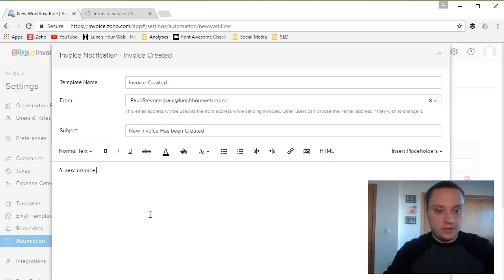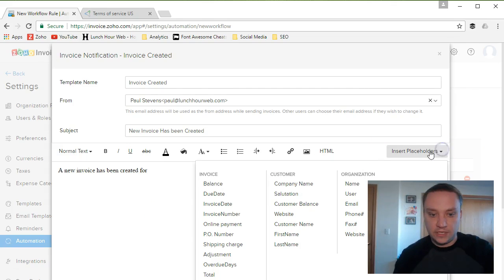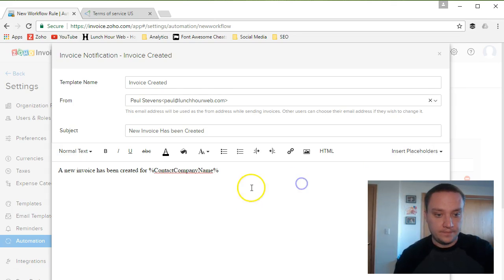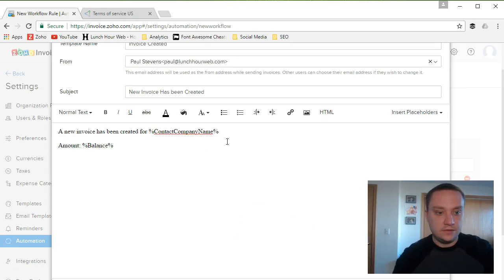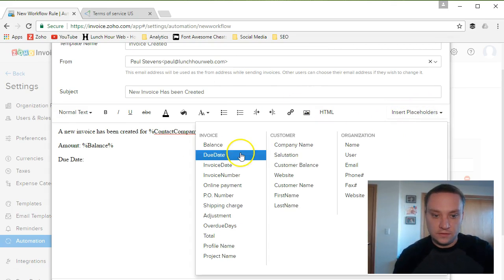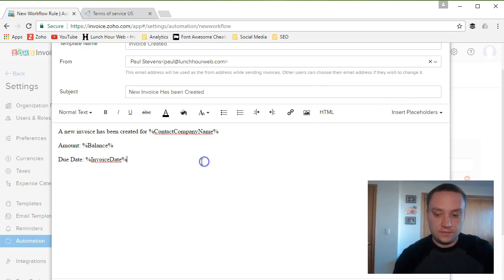A new invoice has been created for, we'll insert a placeholder. We'll say the customer's name, amount, balance, due date, invoice date, created by